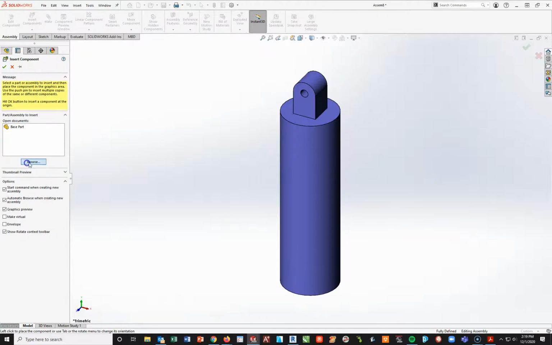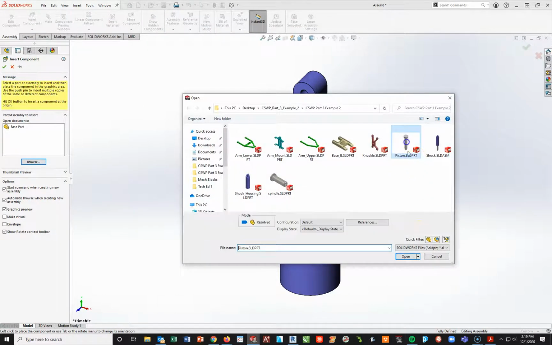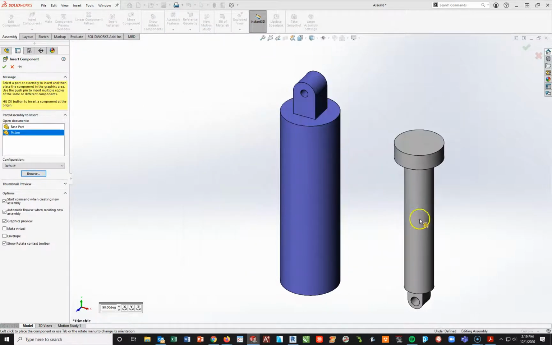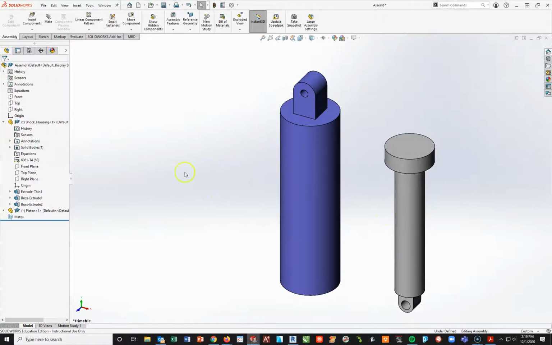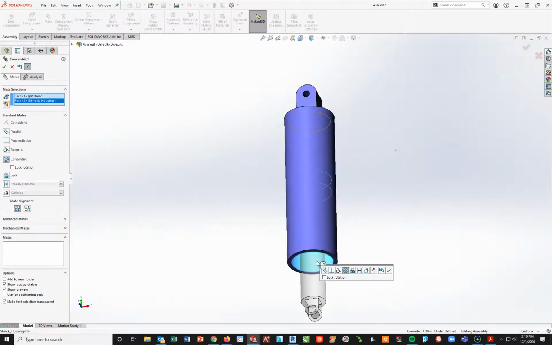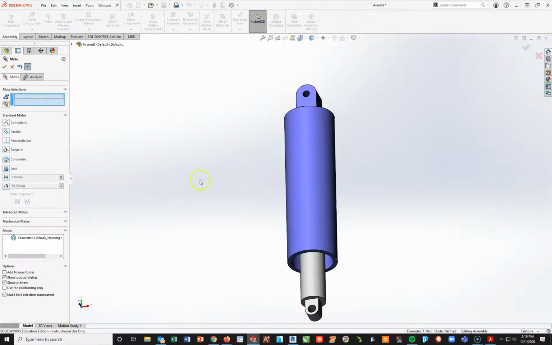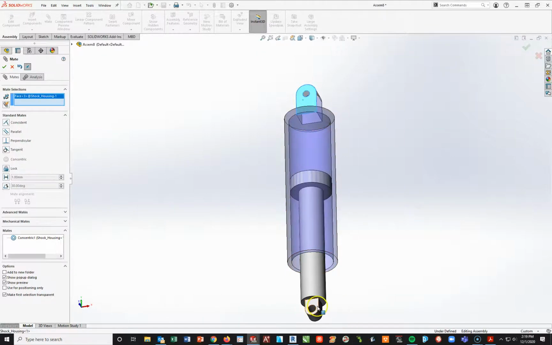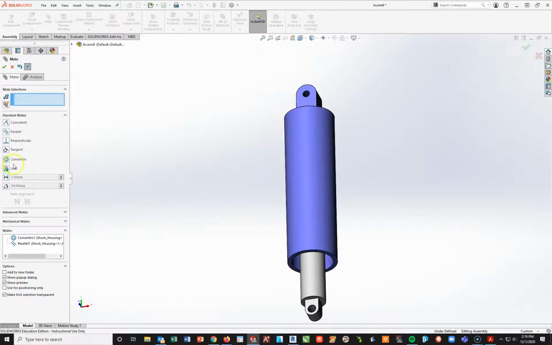we are going to bring in the piston. Okay, here is the piston. All right, there's my piston. I am now going to go ahead and mate the piston, this outside edge of the piston, rotate to the inside here, concentric. I'm going to make this face here and this face here parallel. Check. And now what I'm going to do is I'm actually going to use, I got to get out of